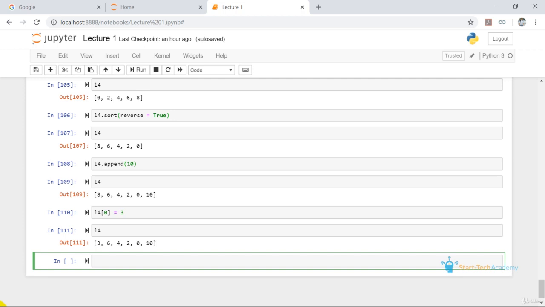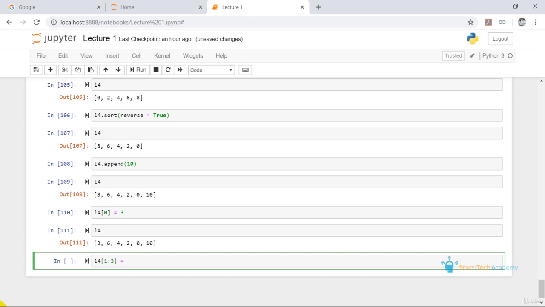If we want to change values of multiple elements, we can write L4. We want to change the value of the second and third, so we'll write 1 colon 3. This means the second and third elements, since 3 is not included and 1 is included.